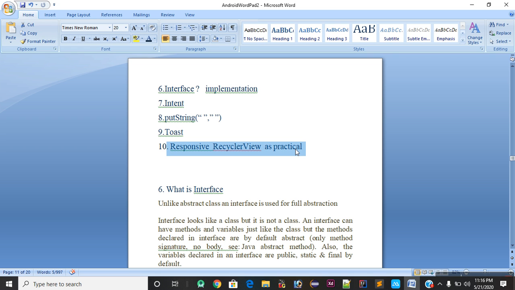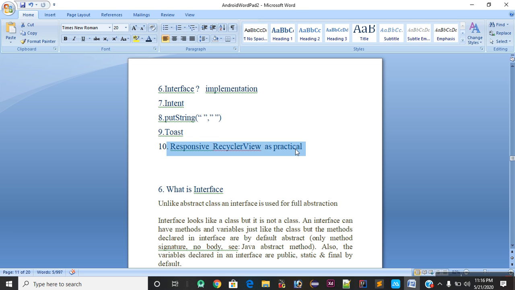If you do not have knowledge about interface, intent, putString and toast, you have to know all those methods already. So firstly I will discuss all those methods, and then we will implement a responsive recycler view, because when we implement it, all those methods are used in a responsive recycler view.